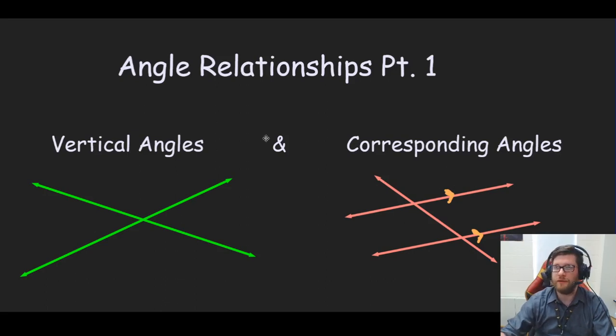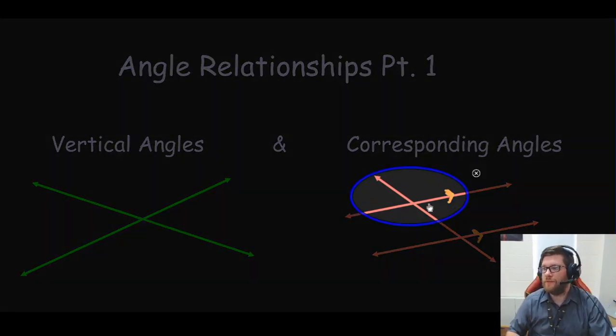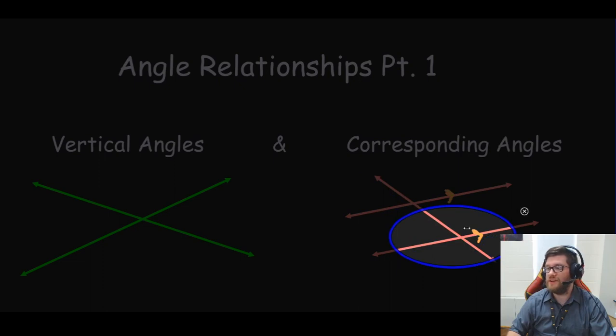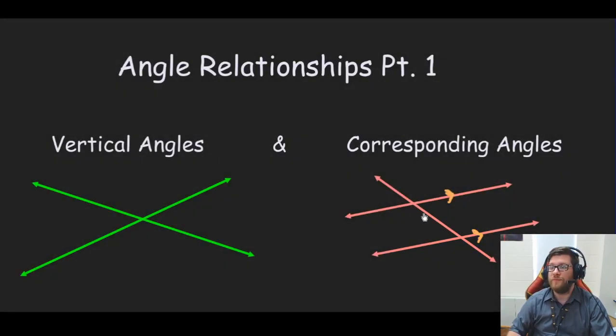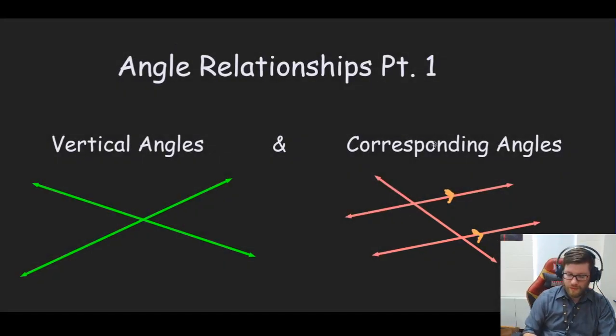Okay. Now, if you kind of imagine zooming in, actually, I can do that. So if you just zoom in on this little part right here, you'll notice that that's that same sort of X shape. So we have vertical angles happening here as well. Same thing if we take it down here. We have another set of vertical angles happening down here because we have a line and another line. Okay, so one thing to keep in mind,